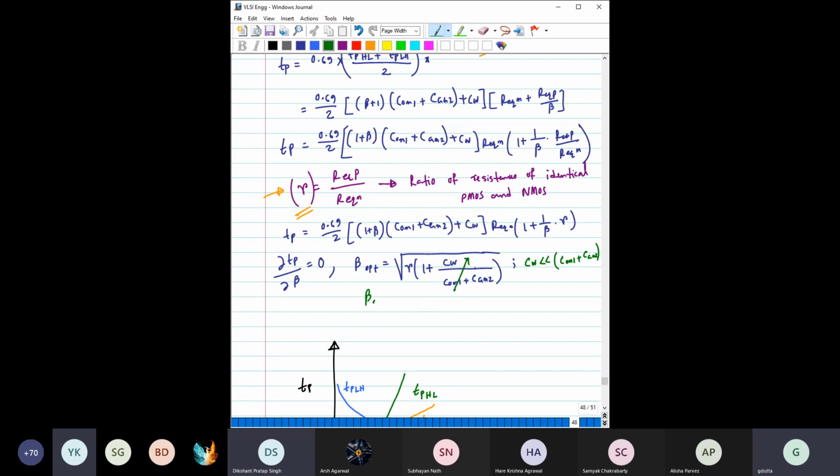And then you see this beta optimized would be nearly equal to root over of R. So please note, this is very important. This is for minimum